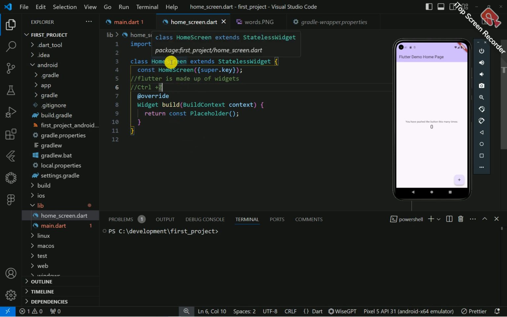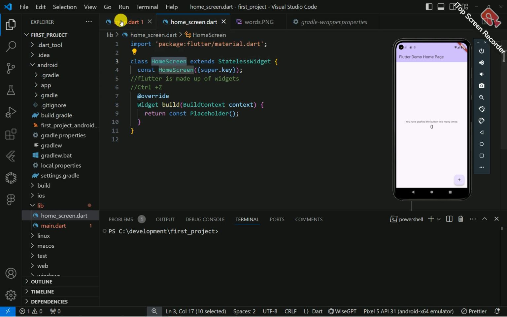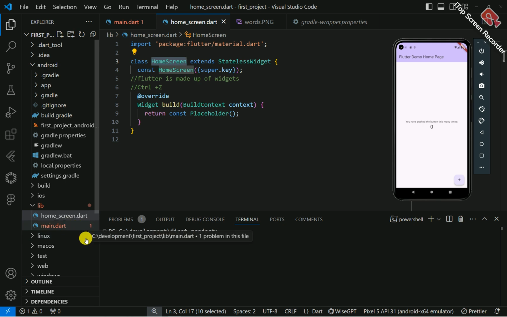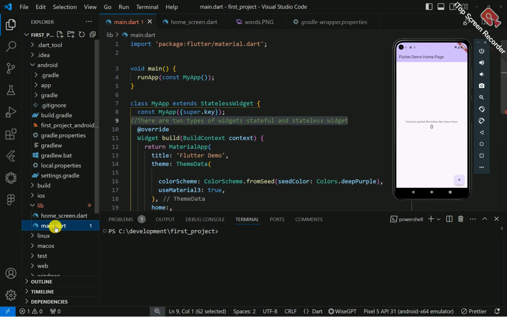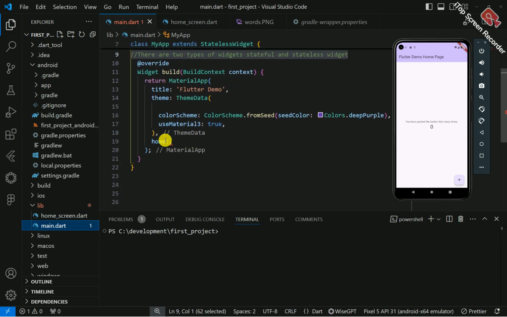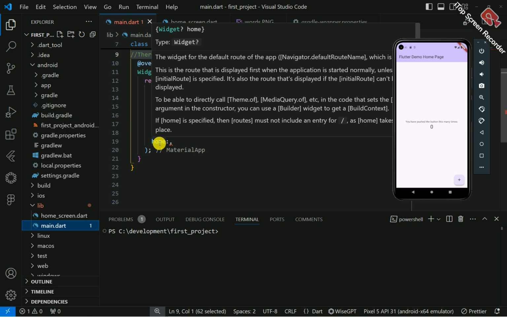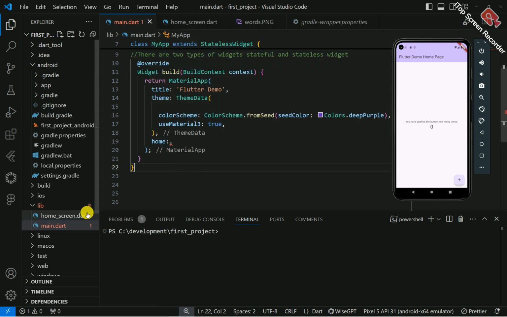We've created our home screen. Now, if you can see, our main.dart file is still giving us this error. We want to get rid of this error so that we can have our design up here. So in order to do that, let's go back, take note of this home screen, and go back to main.dart. This is where the home screen is required. So if I come here and call the name of the class,